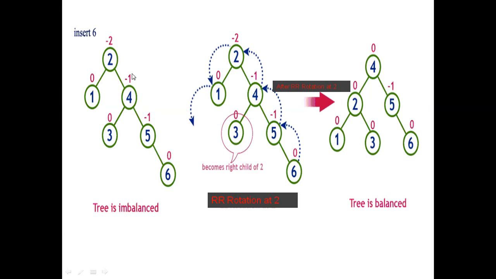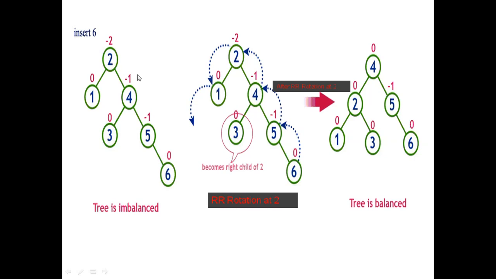So the tree is balanced. Now again we are going to insert node number 6. After inserting node number 6, greater than 4, greater than 5, greater than 6. 6 is there. Calculate the balance factor. This is imbalanced, and it is what? This is the root node. So what will we have to do? We'll have to do RR rotation here. Okay, so RR rotation will be directly applied to the node which is imbalanced.